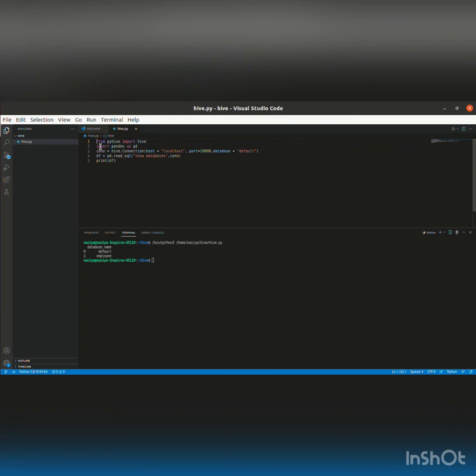So now open VS Code. From pyhive import hive, then import pandas. We'll provide a connection. We give this port number and this host and this database. Here I'm using default because I've not created any table over there. So I'll just run a simple query, that is show databases. As you can see, pd.read_sql show databases. So the default and employee databases are present, which is shown. That means we have connected